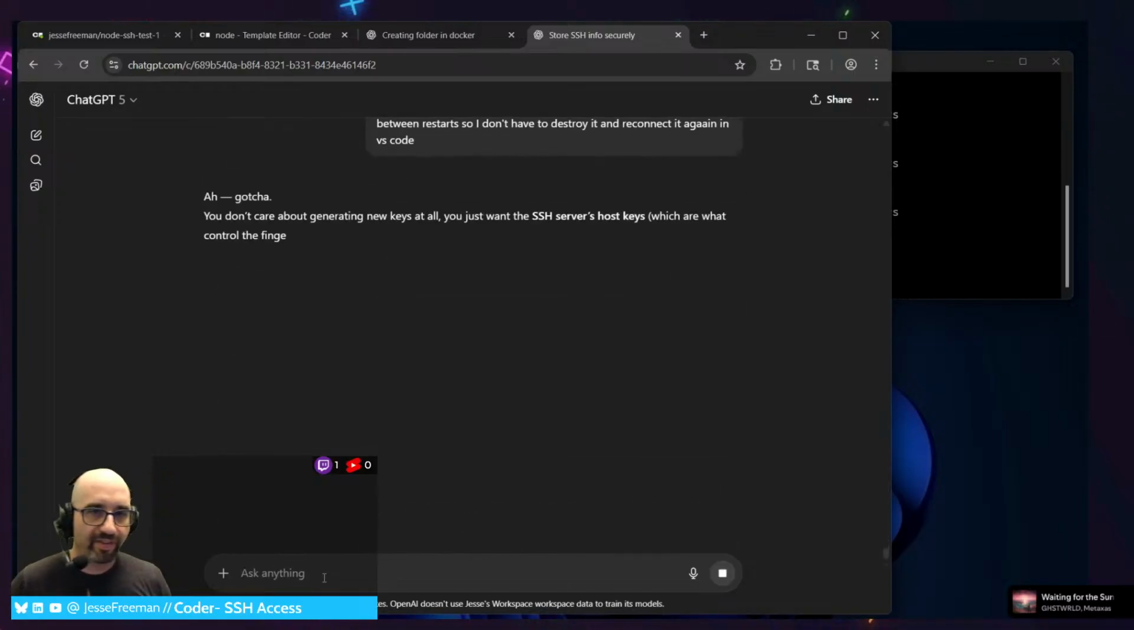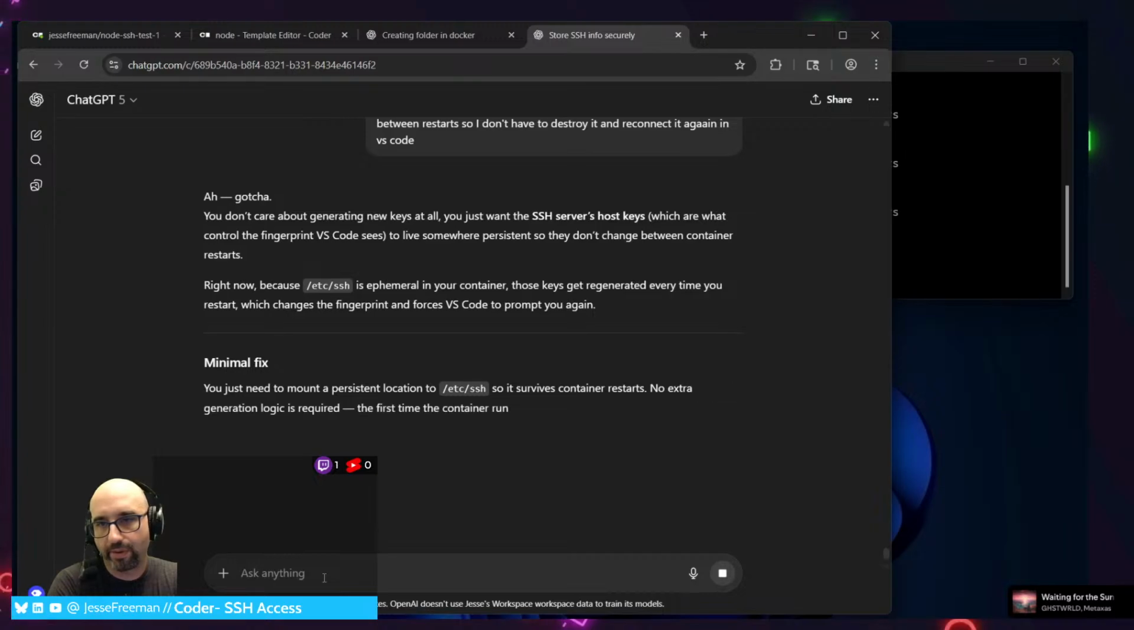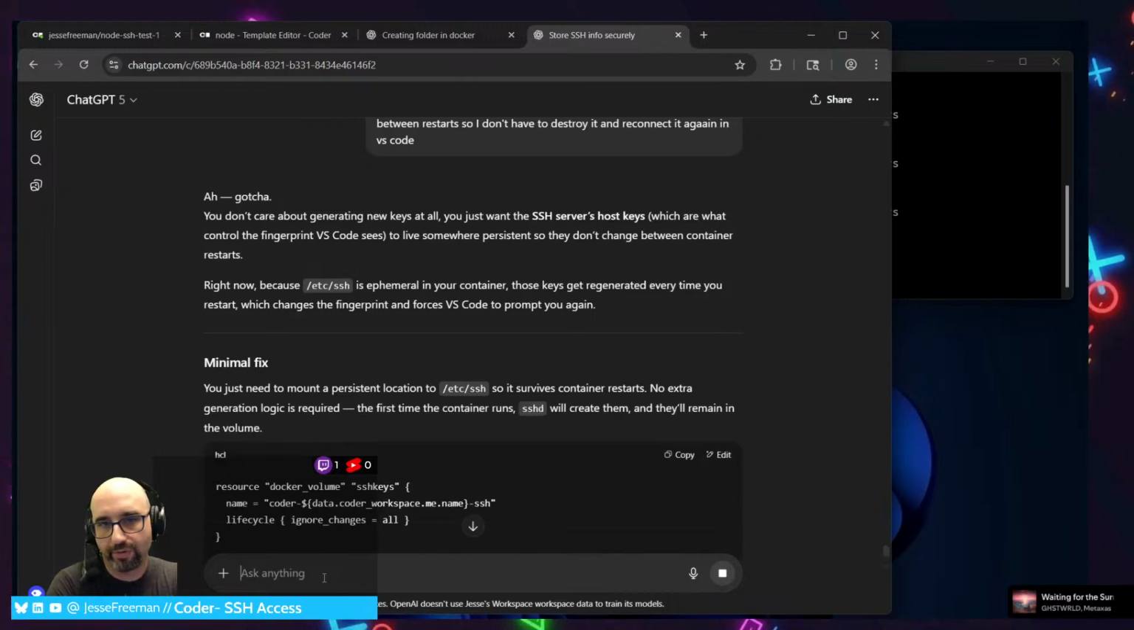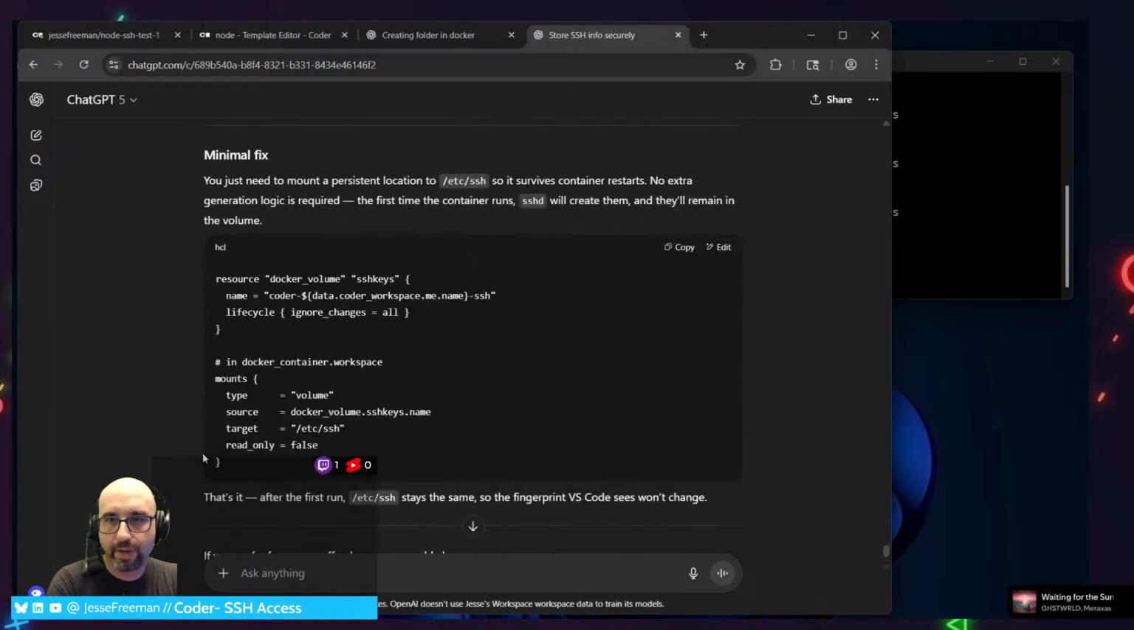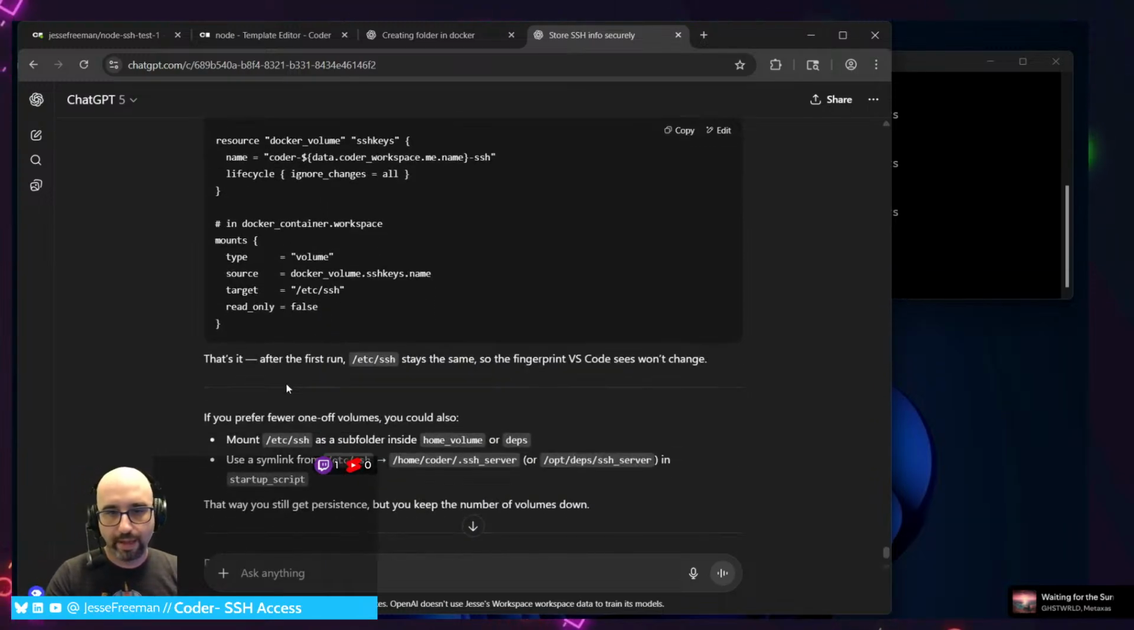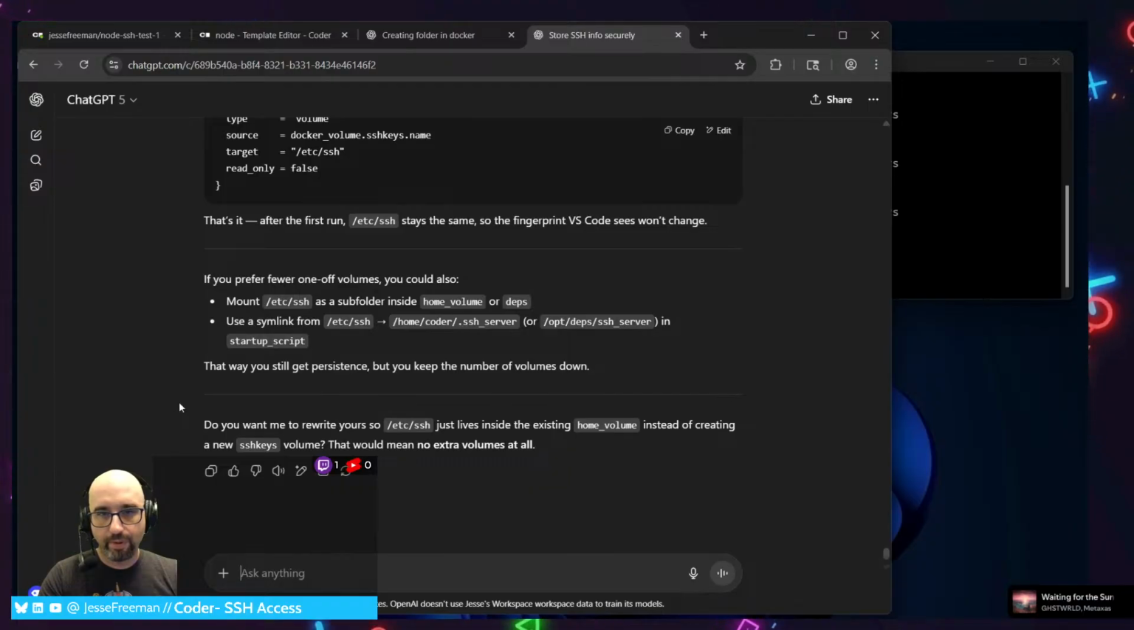Alright, just want to make sure, because you don't care about generating new keys at all. You just want the SSH server's host keys, which are what controls the fingerprint, to live somewhere persistent so they don't change between container restarts. Right now, because it's ephemeral in your container, those keys are regenerated every time you restart, which changes the fingerprint and forces VS Code to prompt you again. The minimal fix: you just need to mount a persistent location so it survives the container restarts. No extra generation logic is required. The first time the container runs, sshd will create them and then they'll remain in the volume. So that's it. Okay. If you prefer one-off volumes, you can